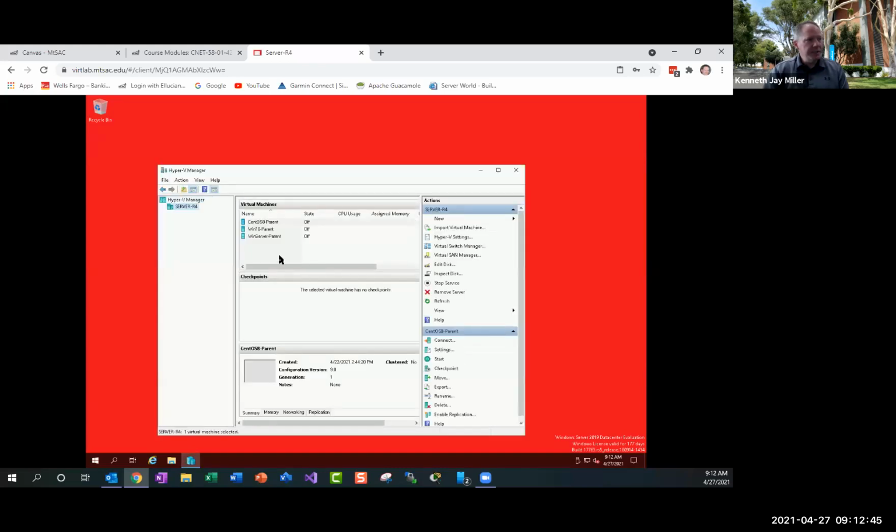With this machine, notice that this is where you should be today, right? After last week, you should have created your WinServer parent, your Windows 10 parent, and your CentOS 8 parent, okay? And the first thing I want you to do is